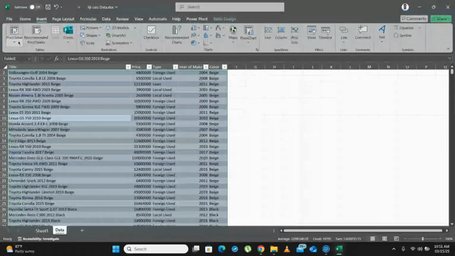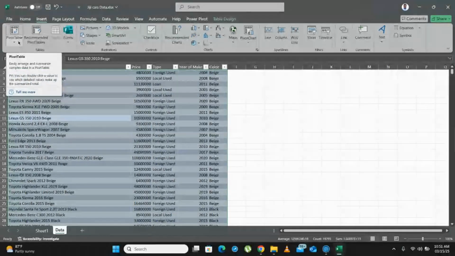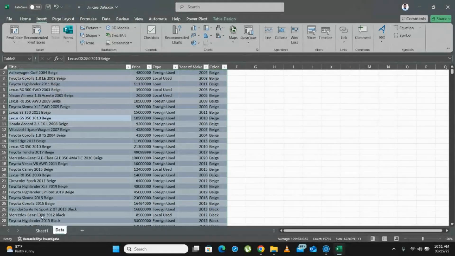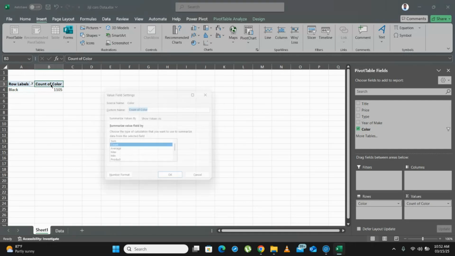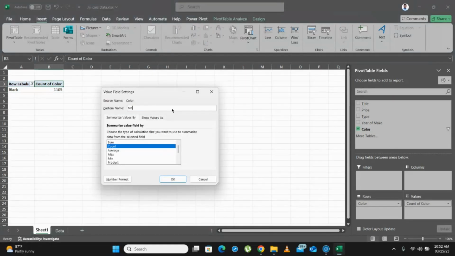Instead of Alt+VT, he just went to insert pivot table, and then he inserted the pivot table, and then he dragged color to rows, and then the same color to values, right? We are looking for the most common. So common means it's the most frequent, the one that has the highest count, and it chose count, and then